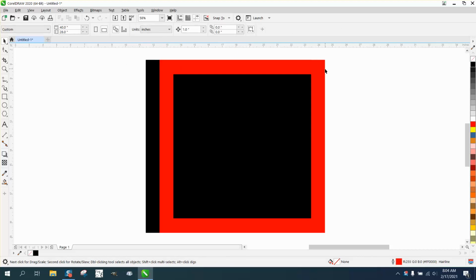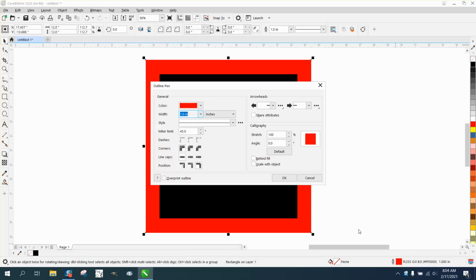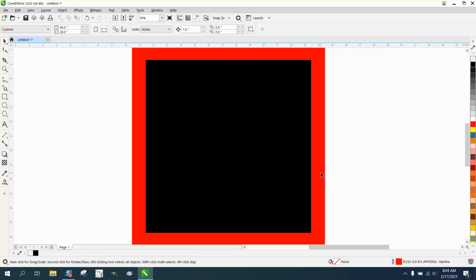Well, if we take this line back, nudge it back over, go to the pen tool. It right now is set on inside the outline. Let's set it on outside the outline and look what happened. It made it bigger. So now it's still a 1 inch box, but if we select it,